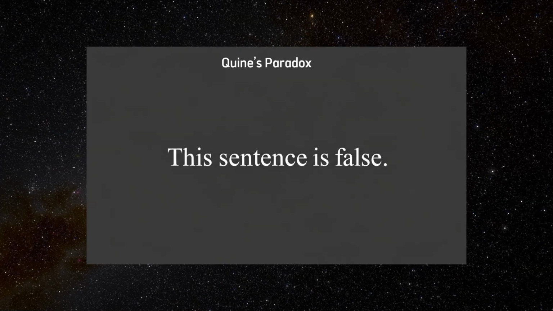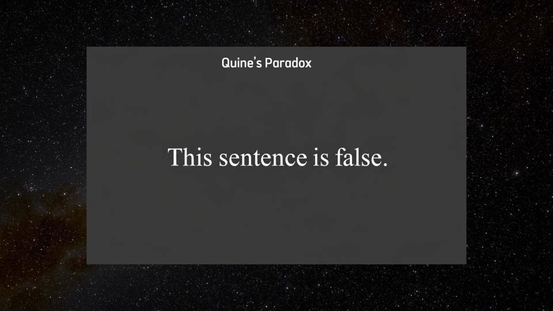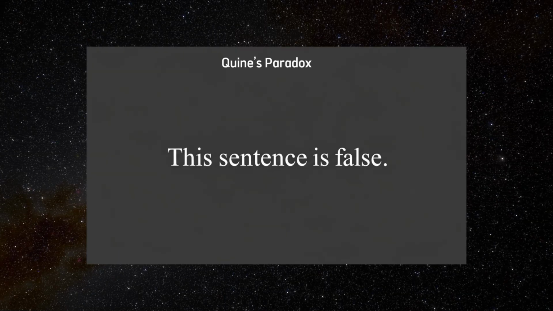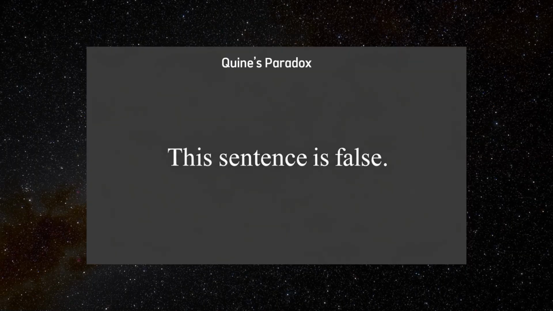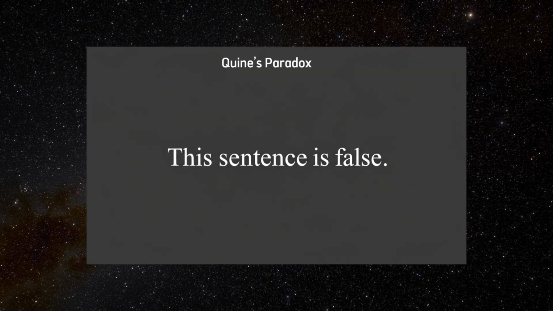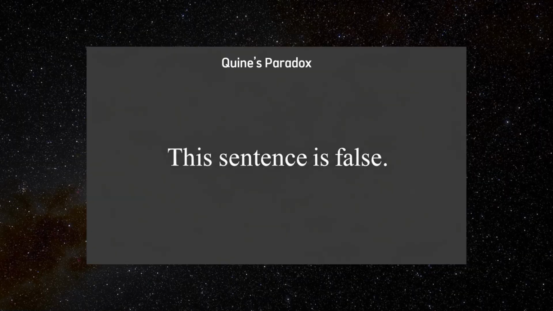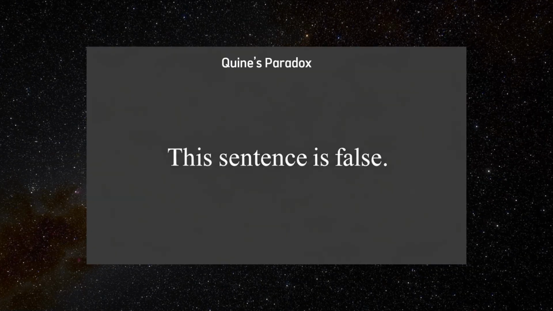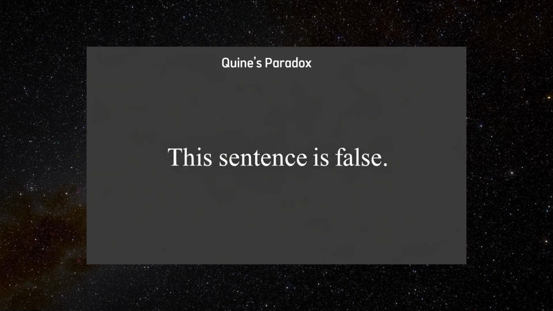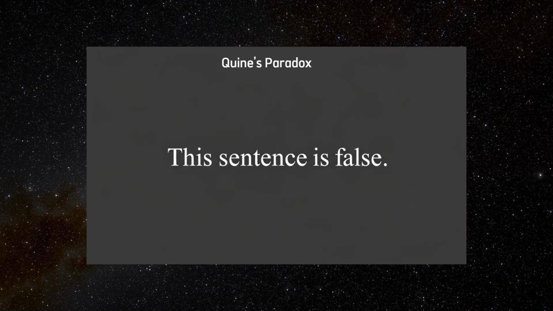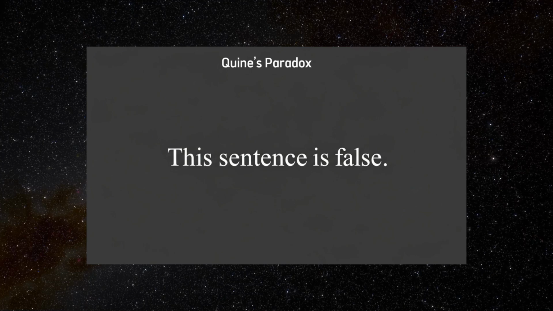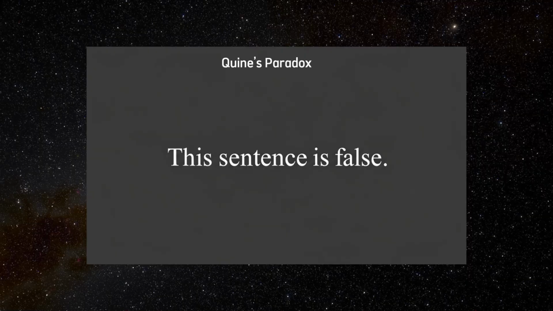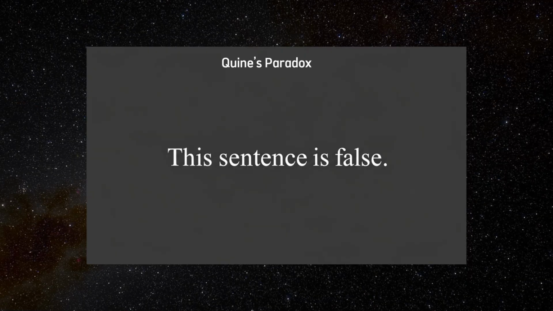The Liar Paradox arises when someone says, "This sentence is false," which leads to a contradiction. If the sentence is true, then it must be false, and if it is false, then it must be true. Quine's version avoids the direct self-reference of the Liar Paradox and instead constructs a paradox using a more subtle linguistic form. Quine proposed the following sentence: "yields falsehood when preceded by its quotation" yields falsehood when preceded by its quotation.